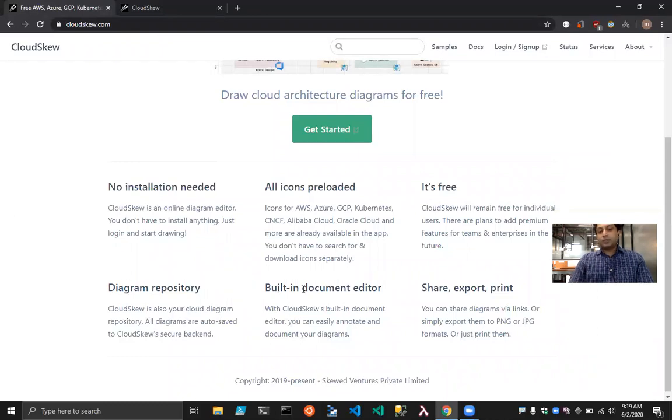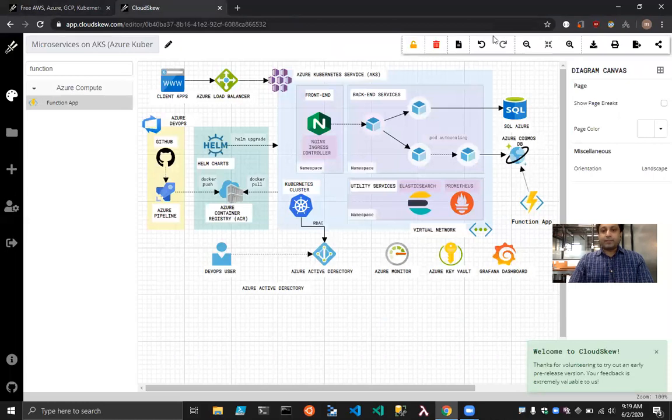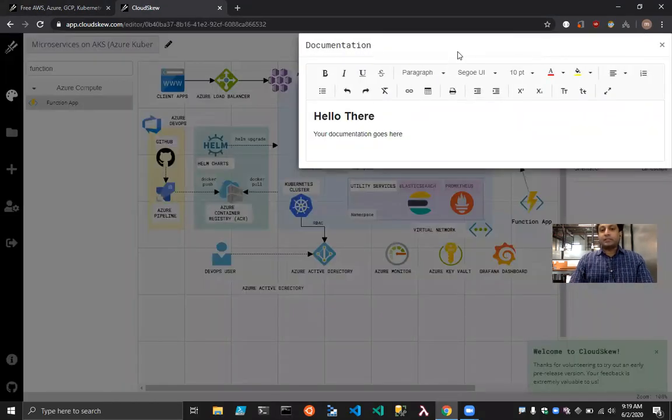There's also a built-in document editor, which is interesting. So generally, the workflow that most people follow is they sketch a diagram, then print it out to an image format, and then insert it in a Word document, and then start describing the architecture inside a Word document. But what we've done is we've attached a document editor inside this app itself.